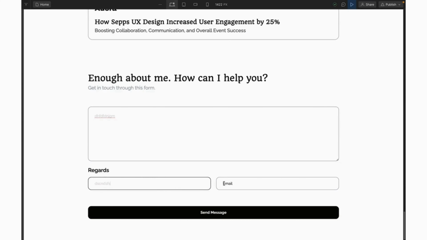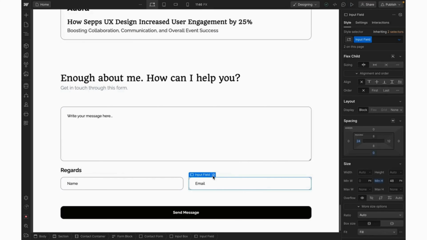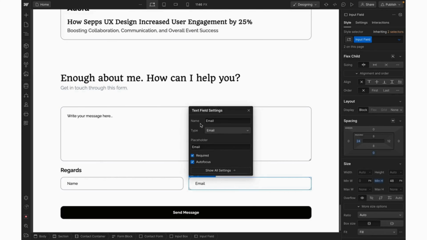Type in their name, email, and send. Well, right here you can see this error message that says include an at sign in an email. That's because in the form settings, the input field type is set to email. Right here, so if we come inside of this, we click right here, we can see that the type is set to email. And then the type for this